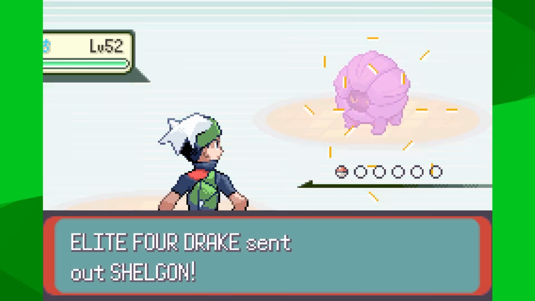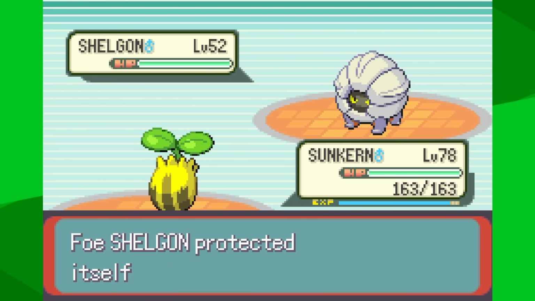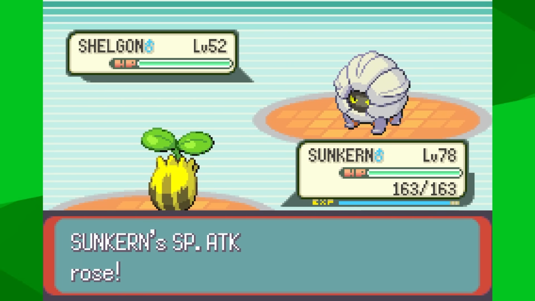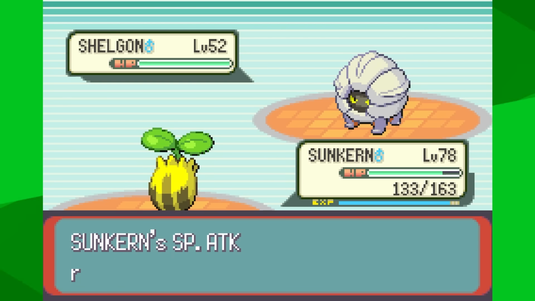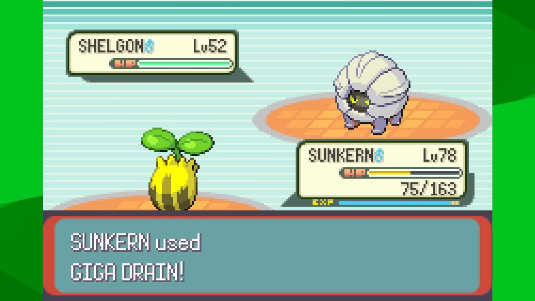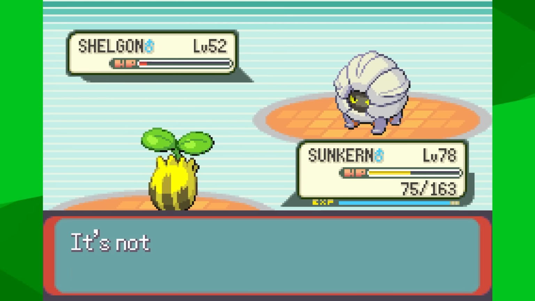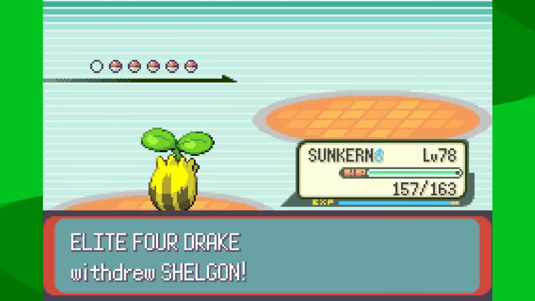I'm not optimistic here. Even though I think it's going to go horribly, let's just try this one more time. So I'm going to set up Growth. It went for Protect. Another Growth, Rock Tomb, that's not ideal. A third Growth, another Rock Tomb, and a crit, that's awful. Fourth Growth, it went for Protect. Alright, time to go for Giga Drain. I think I'll knock it out in one hit. A failed Protect, and... ooh, not quite. It's probably going to heal here, so I'm just going to use another Growth, and...